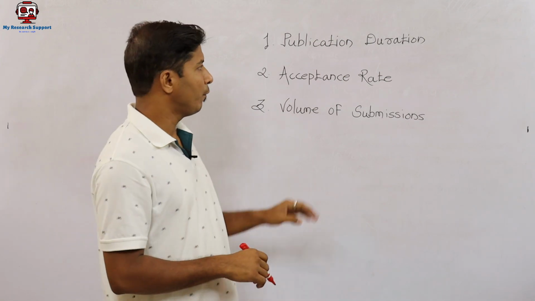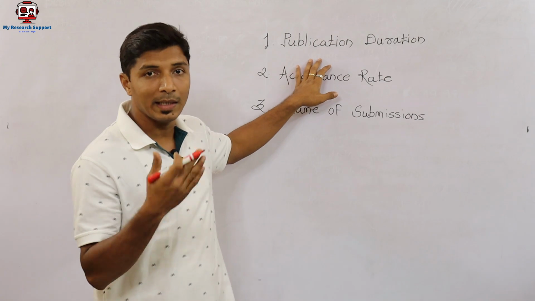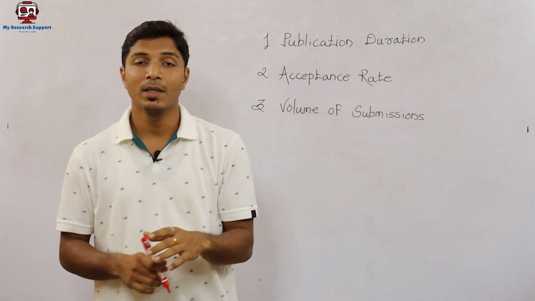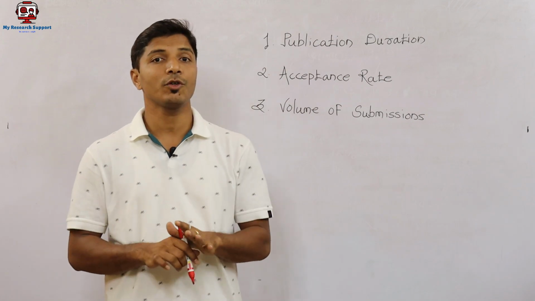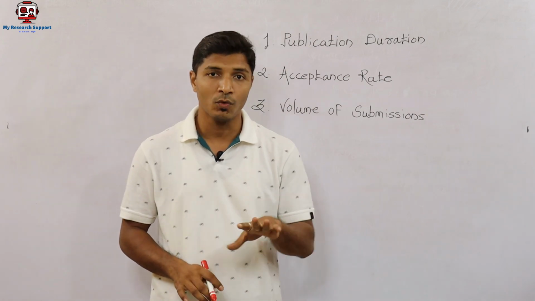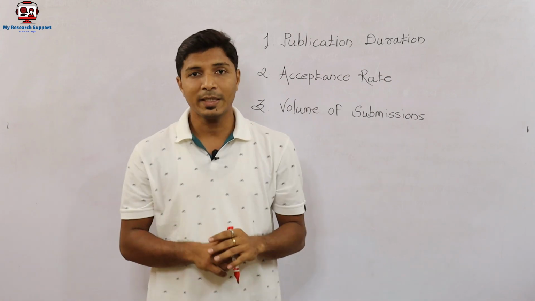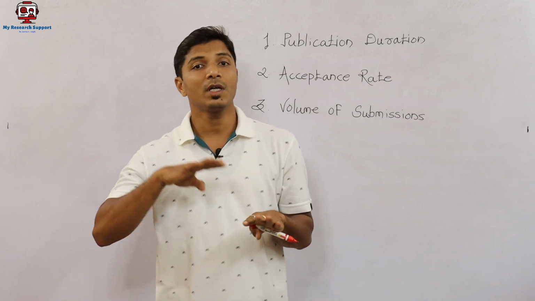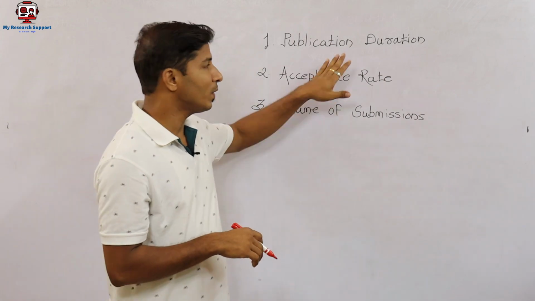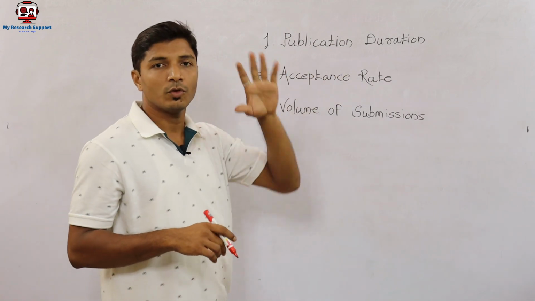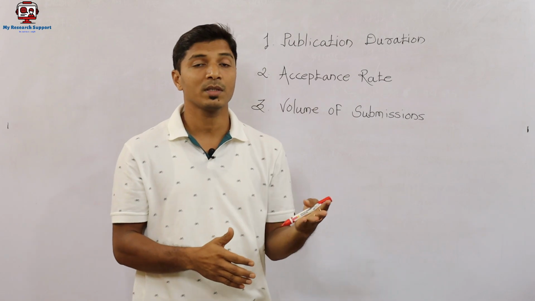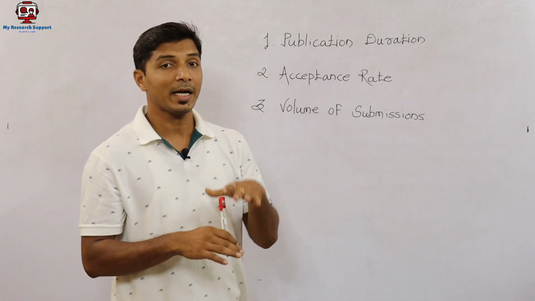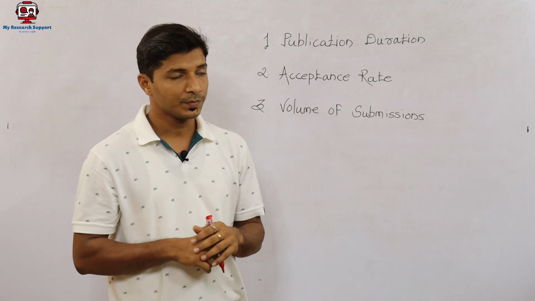First point, will my publication duration be less? So my answer is yes. The publication duration will be comparatively low. I am not saying that you will be able to publish your research article in only 1 or 2 months, but yes, if you compare this with the old journal, then you will get an advantage here as well. You will be able to publish your research article maybe in 4 to 5 months, 6 to 7 months or 8 to 9 months, but it again depends on several other parameters.